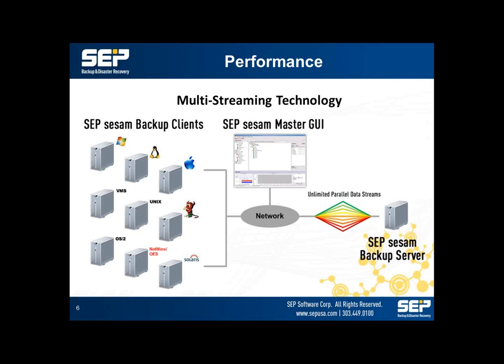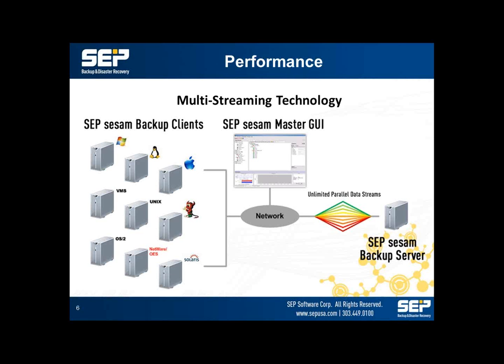And so we'll create a task group, and we may have several different task groups, which enables us to get multiple streams off of each server that's here. So we could have a task group for databases. We could have one for sys volumes. We could have one for files. We could have one for DR.